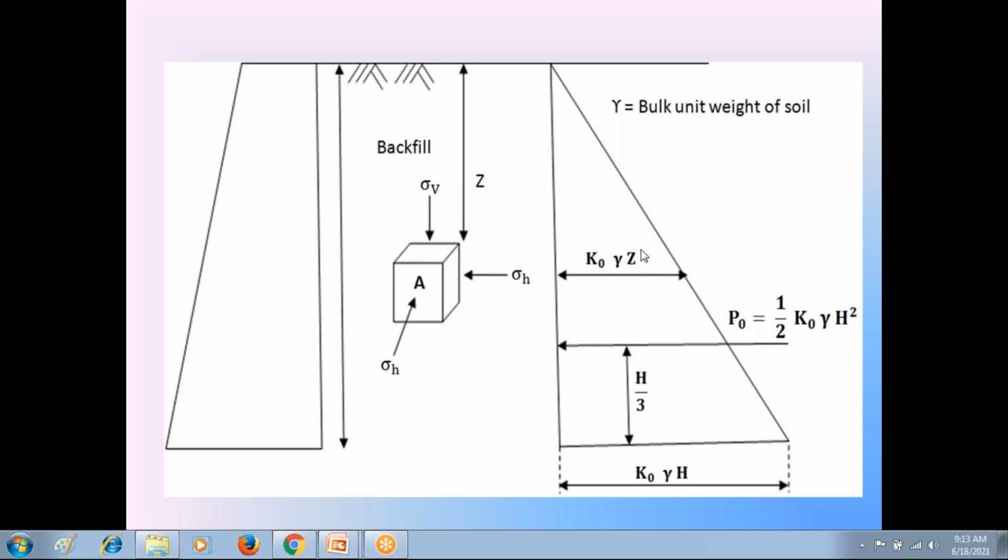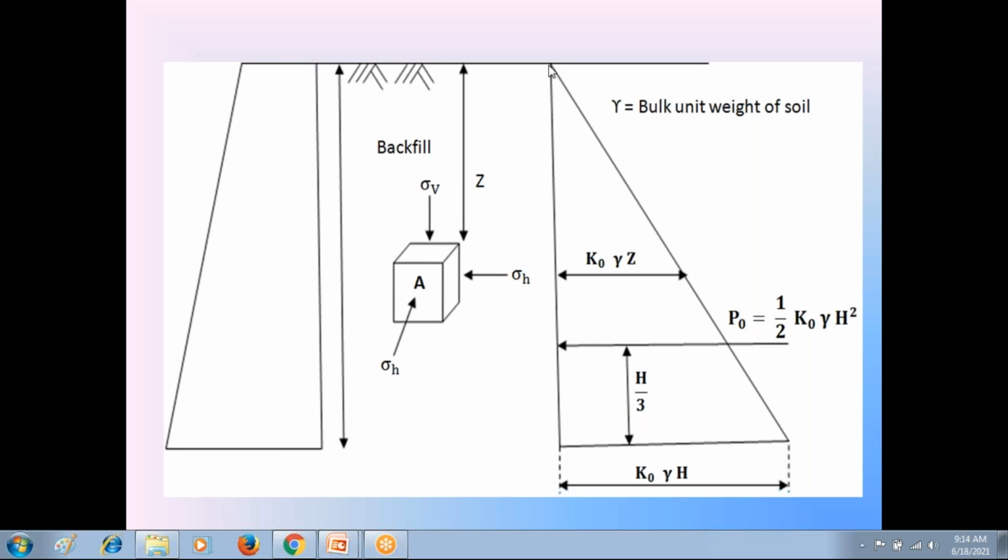Similarly, here also we have only this depth Z, so this depth Z indicates the linear variation. If it is Z square, parabolic variation. Z cube, cubic parabola, like in the strength of materials. So here this stress sigma h is a linear variation of Z. It is not Z square or Z cube. So due to this equation, sigma h is equal to K naught into gamma into Z, the distribution of sigma h is a linear distribution. It is increasing linearly because it is a function of Z.